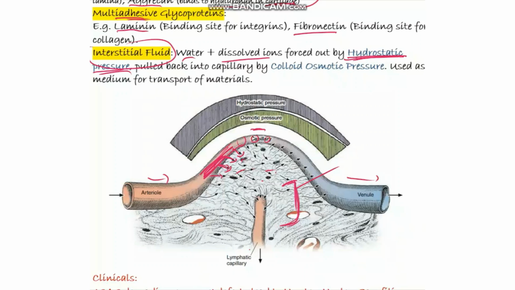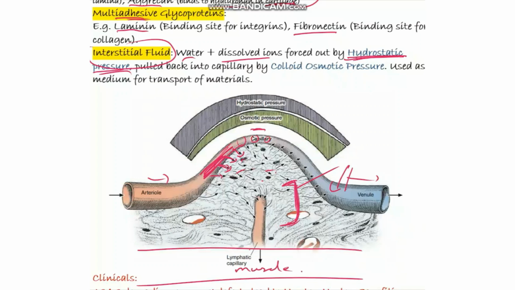So for example, this right here is the capillary epithelium, and then this is the connective tissue, right? And then this connective tissue might just be connected to some other tissue, like for example the muscle, right? As we know, muscles are very demanding. They have this constant need for ions and nutrients, and then they're constantly giving out the carbon dioxide that needs to be transported out. And this exchange of materials requires a medium, and that is provided by the connective tissue extracellular matrix that contains the interstitial fluid. So the fresh interstitial fluid is always coming